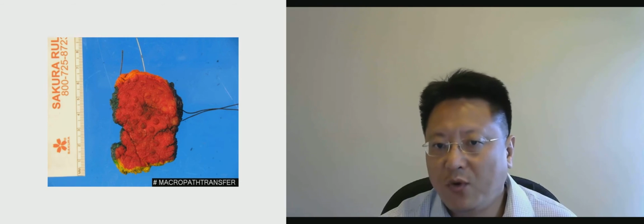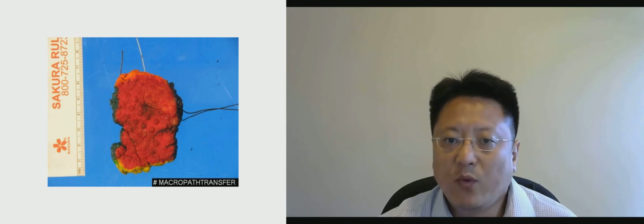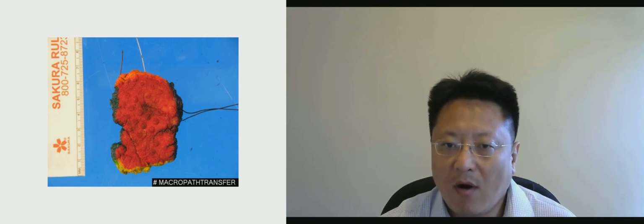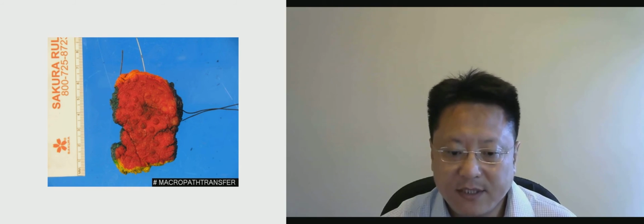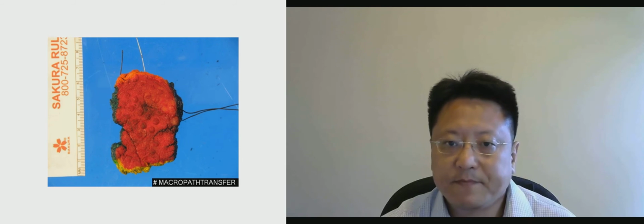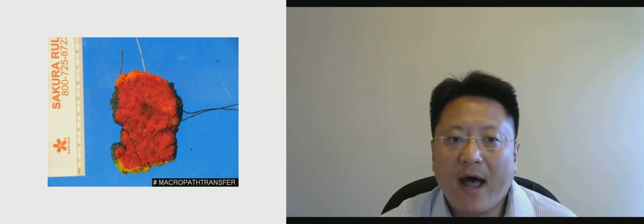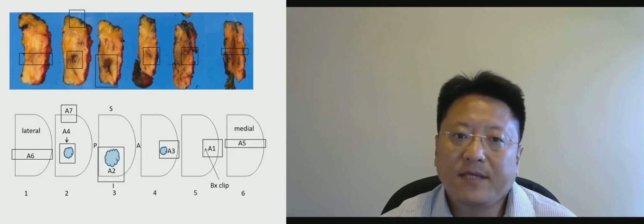Again, this is a lumpectomy specimen I just showed a few slides back, and we have inked all these margins. The ink is very important for us to examine the margin status on the microscope. And after that, we slice the specimen really thin so that we can